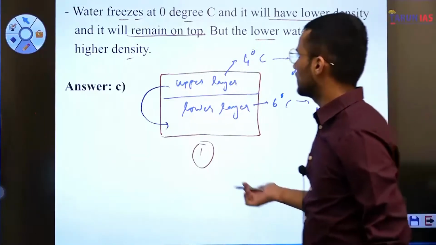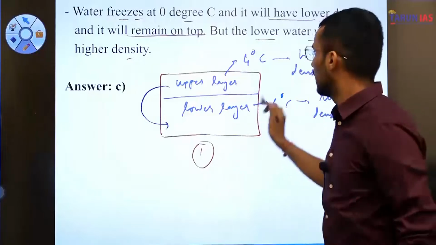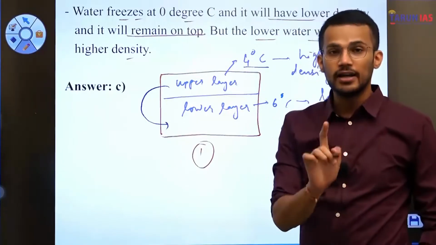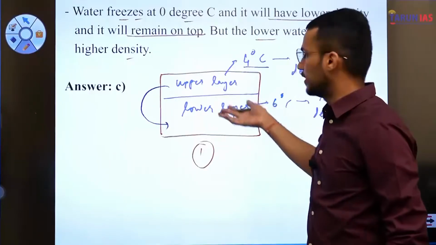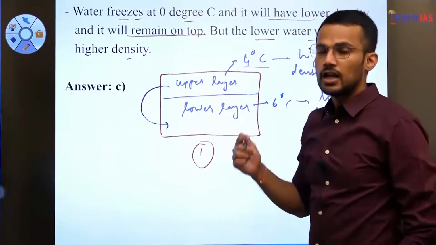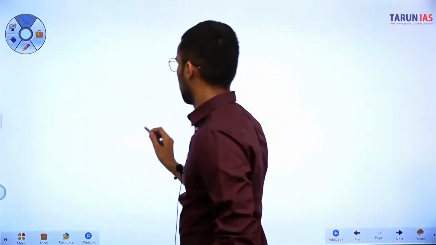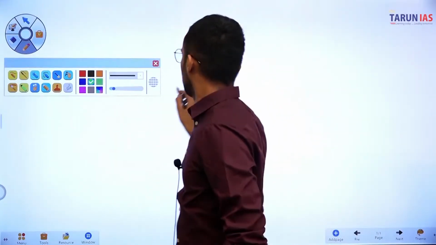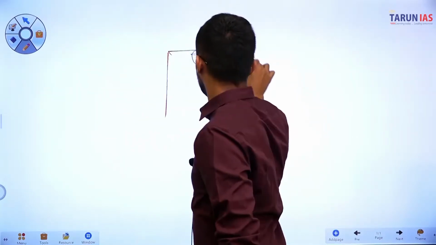Now, let us consider the second example. So, I hope you have understood this. As the water at 4 degrees Celsius has high density, it will go down. And the water at low density will come up. Now, let us consider another stage. So, in this stage,